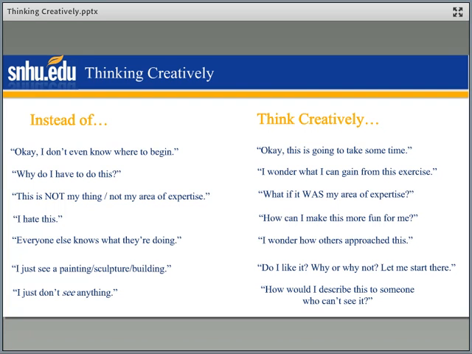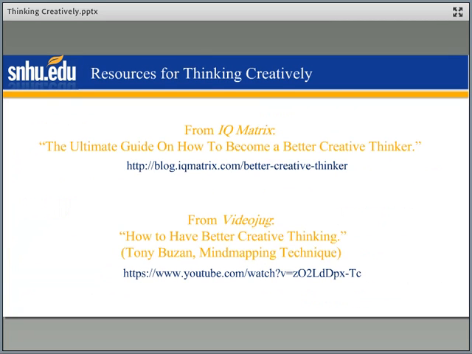One thing I like to suggest to students is to imagine that you're describing it to someone who can't see it. So you have to describe this work of art to someone who has either never seen it before or they don't have access to a reproduction of it or an image of it, and you have to describe it to them. How would you do that? How would you describe it to someone who's blind, who cannot see the work that you're talking about? That can be a good way to get into it. It's a little trick you can play with yourself to imagine you have to describe it to someone who can't see it, and that can get you going, and that can help you just get started in many ways.